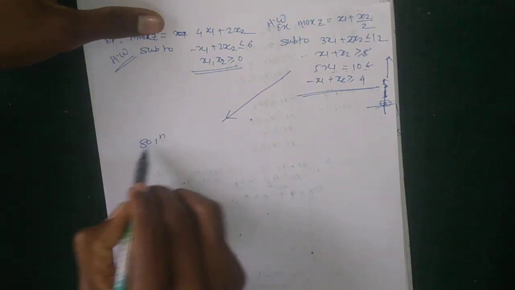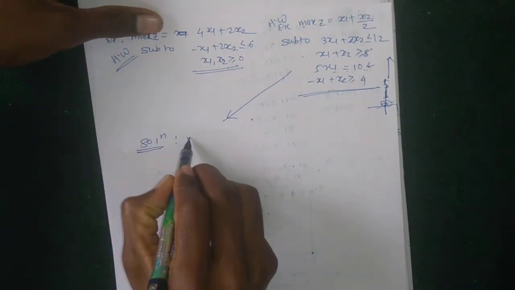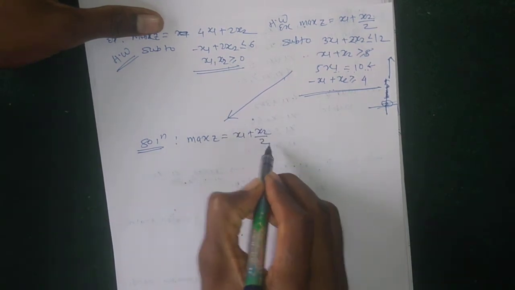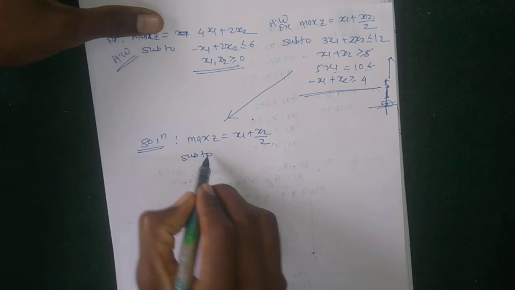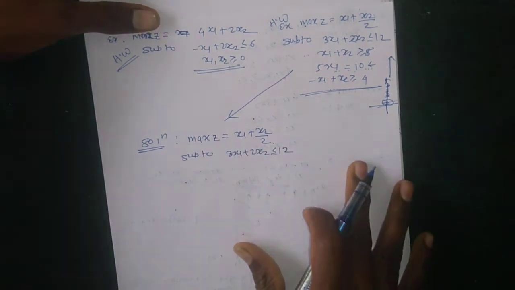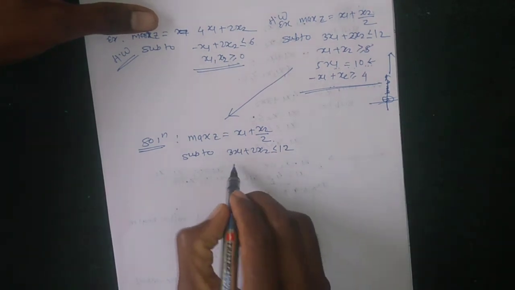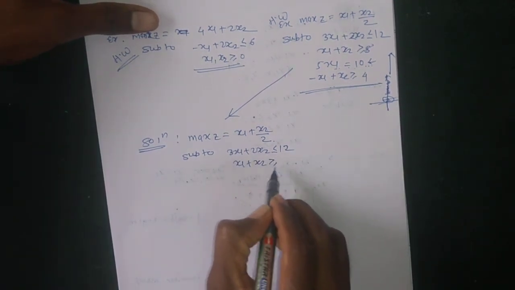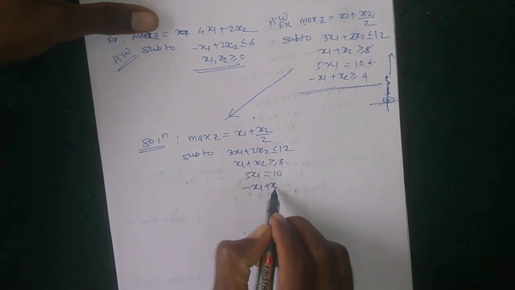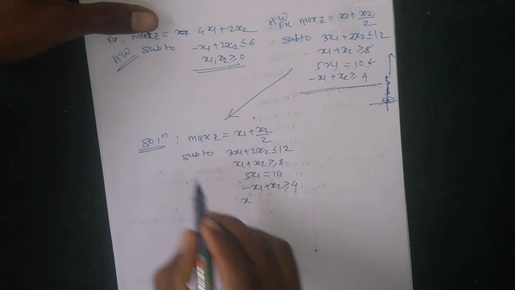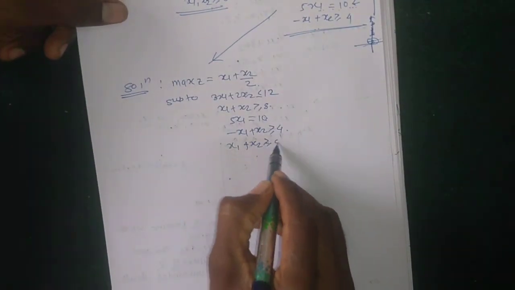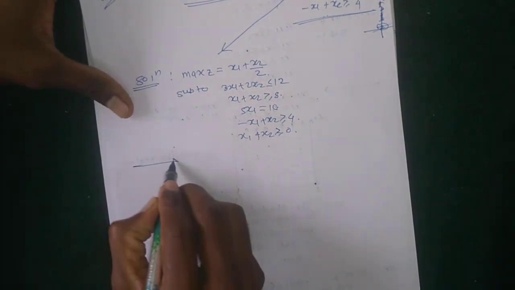Okay, solution for this line is: maximize z = (x1 + x2)/2, subject to 3x1 + 2x2 ≤ 12, x1 + x2 ≥ 8, 5x1 = 10, and -x1 + x2 ≥ 4, and given that x1 and x2 ≥ 0. Okay, so solution of this